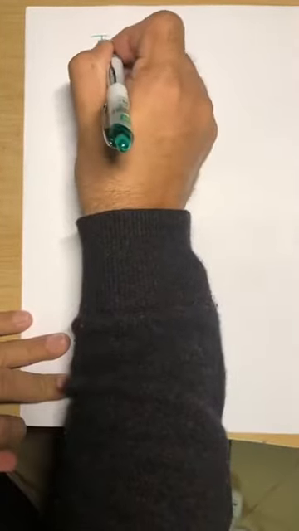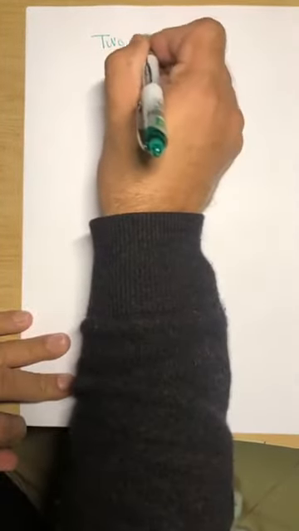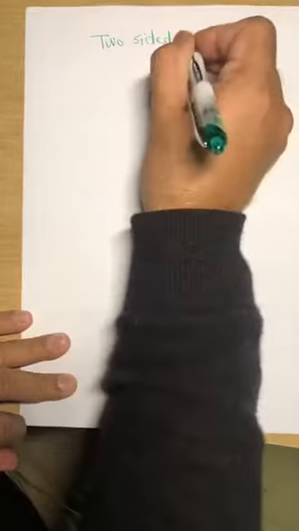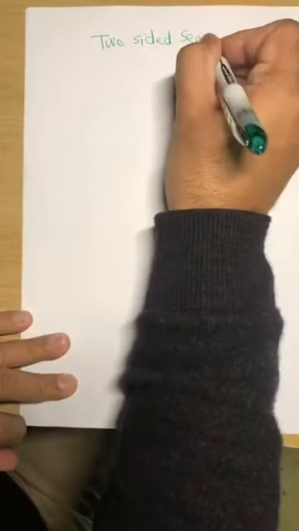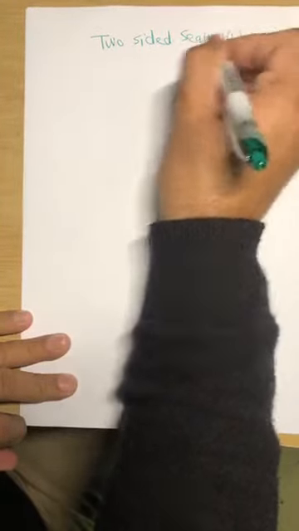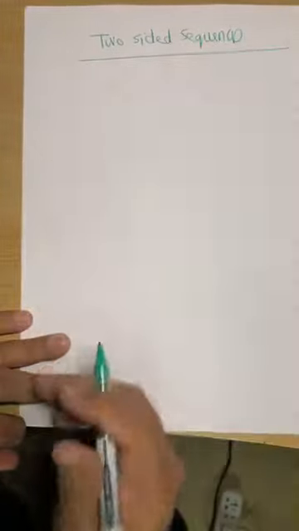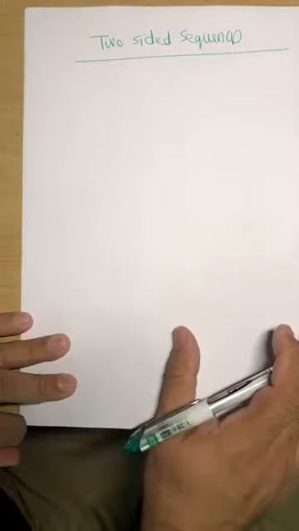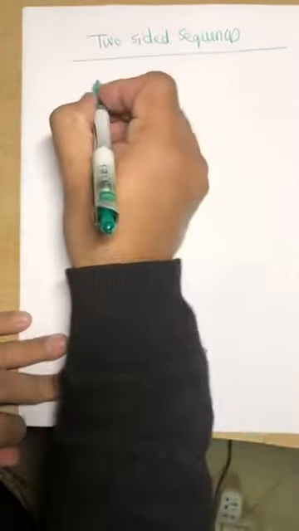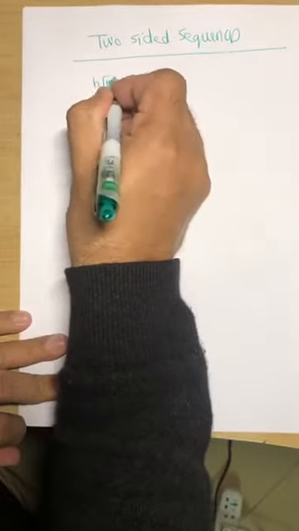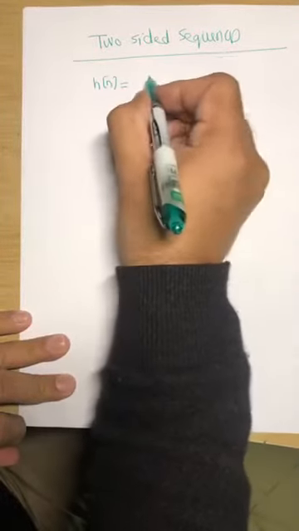Okay, so two-sided sequences. The example of a two-sided sequence is h of n is equal to